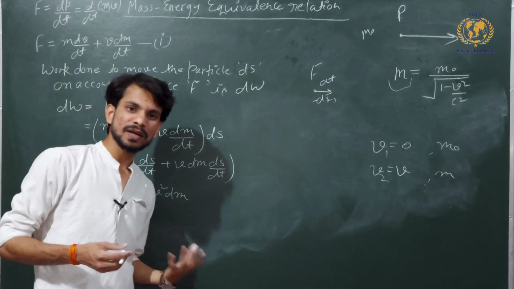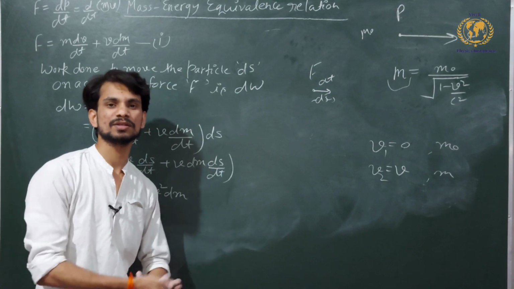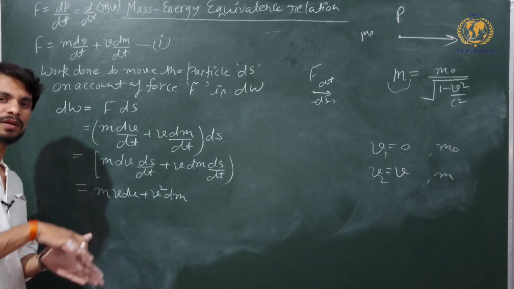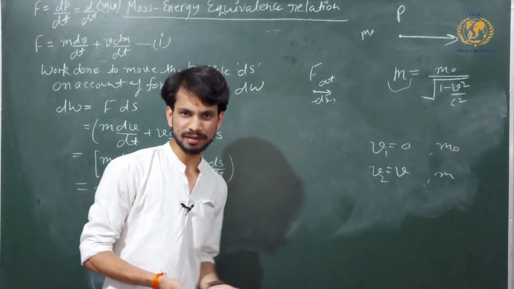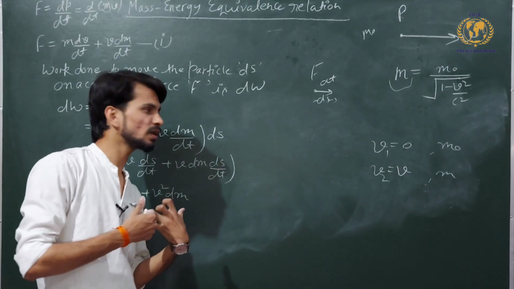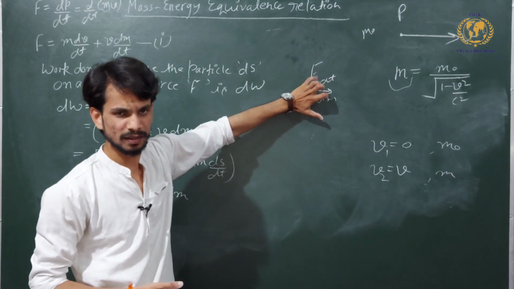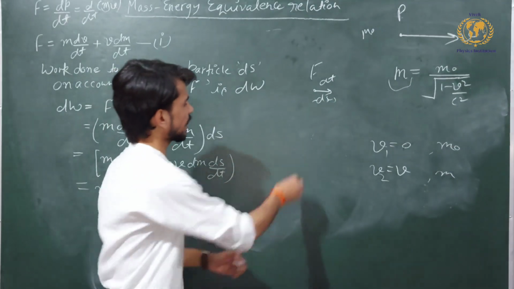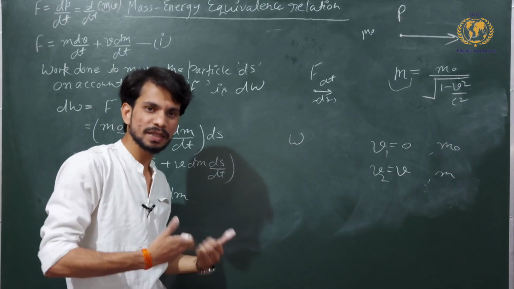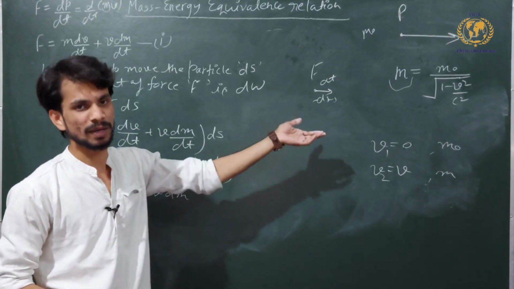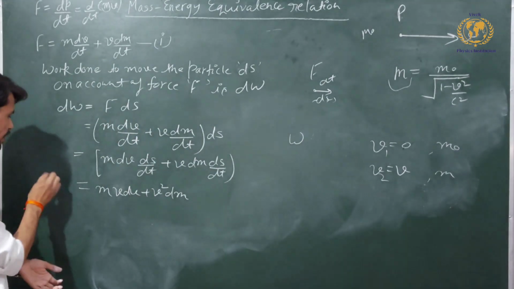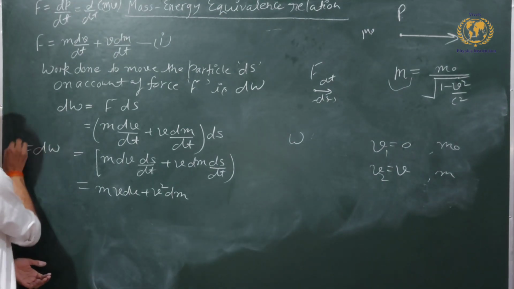Now by the law of conservation of energy, you can relate one fact: whatever work you have done will be stored in the particle as its kinetic energy. If you do work on the particle P, let's say you have done W work by applying some force F, then that work will be changed into the kinetic energy of the particle. So let's say this dW has changed into the kinetic energy of the particle as dK. So dW is going to equal dK.